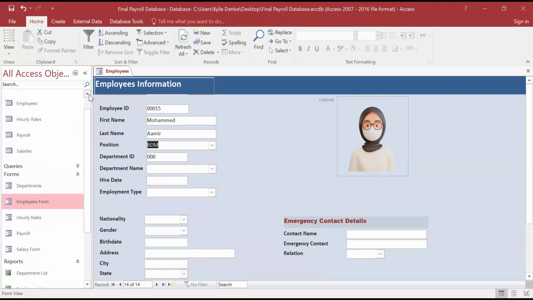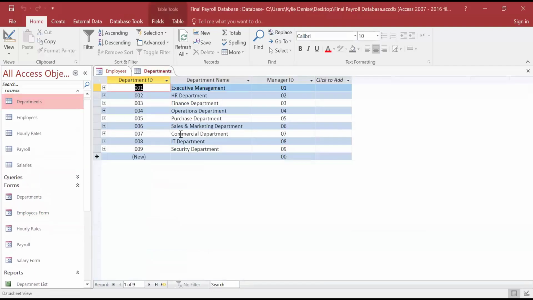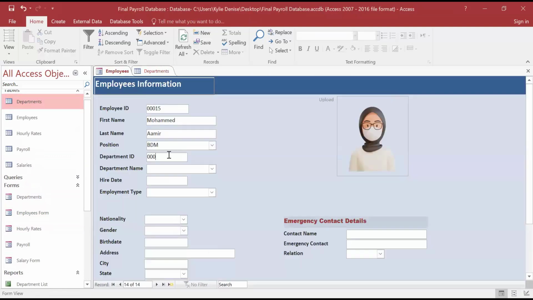So here, check the department. We can put it in commercial. Hire date August 2. We can put this part-time. Nationality Pakistani. Male.